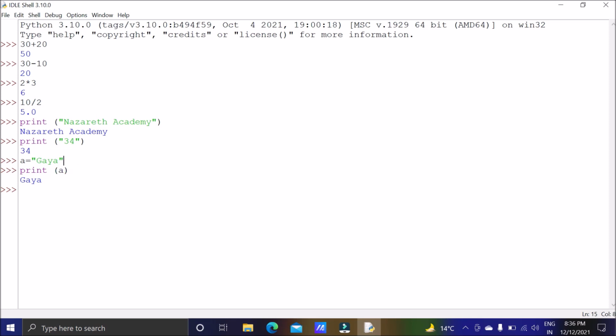So what I did actually, I wrote this value Gaya, and using this assignment operator, I assigned the value Gaya to a. So now a was having the value Gaya. So when I printed, a was having the value Gaya, that's why Gaya got printed. So if you want to directly print something, you have to write in double quote, or if you want to print a variable, then you do not need to put double quotes. You have to just write the name of the variable.